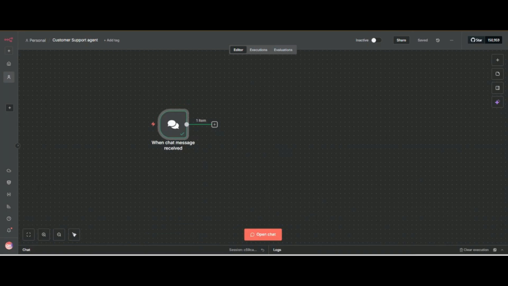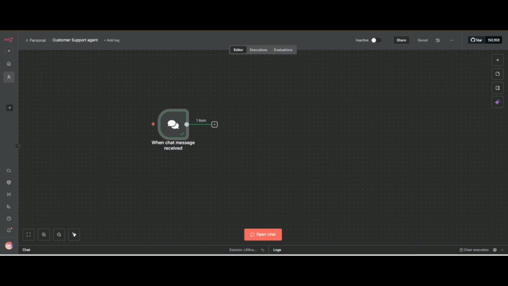Now it needs an LLM, a large language model. I already told you it needs an LLM for understanding what the user is asking, and then it will make a decision, and it needs a tool that will perform the task.